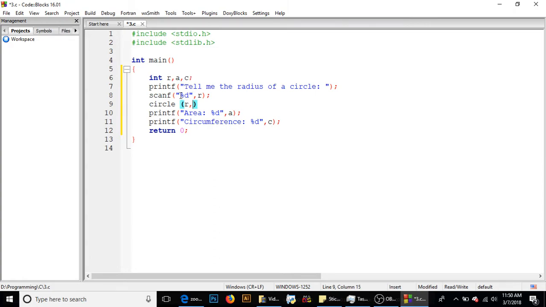Now it wants my value of r, and it wants my address of area and address of C. Here ampersand indicates the address. Now why is it so? It will be clear to you in a moment. Now I am defining my function here, circle, and this radius contains the value of r,